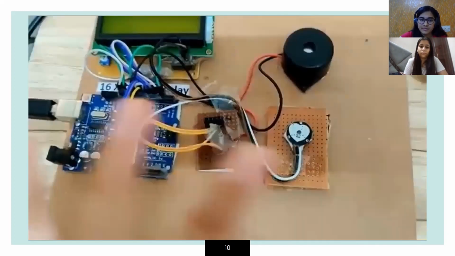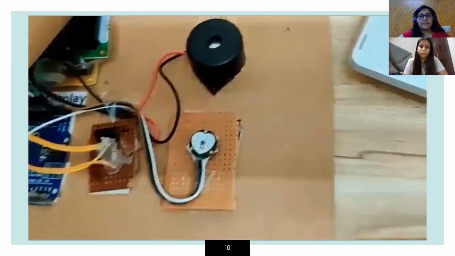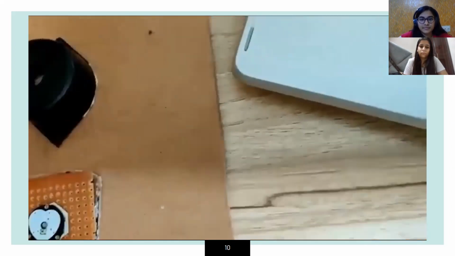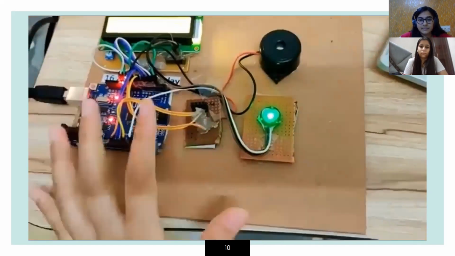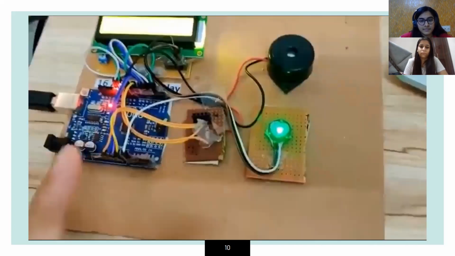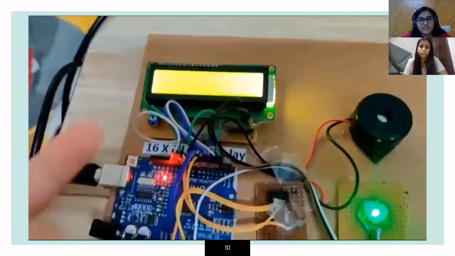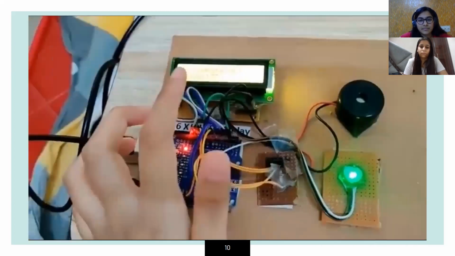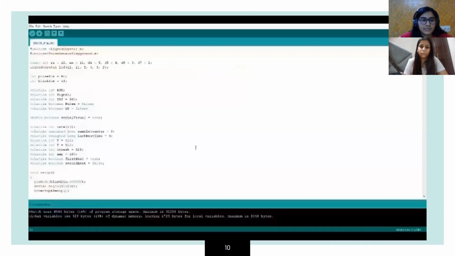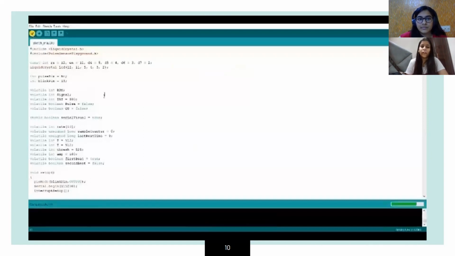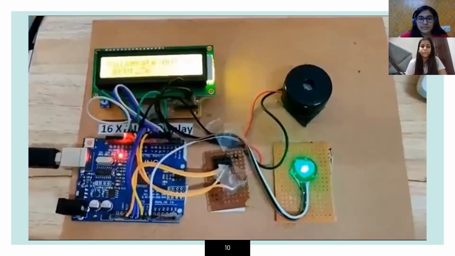So now let's connect all the system with the laptop. So this is the connecting wire which connects the Arduino board to the system. So when we connect it, all the LEDs go on. Also, at first, nothing gets displayed on the LCD, and let's upload the code into the system. So over here, the code is being uploaded to our Arduino board. I have verified and uploaded the code in the Arduino board over here.